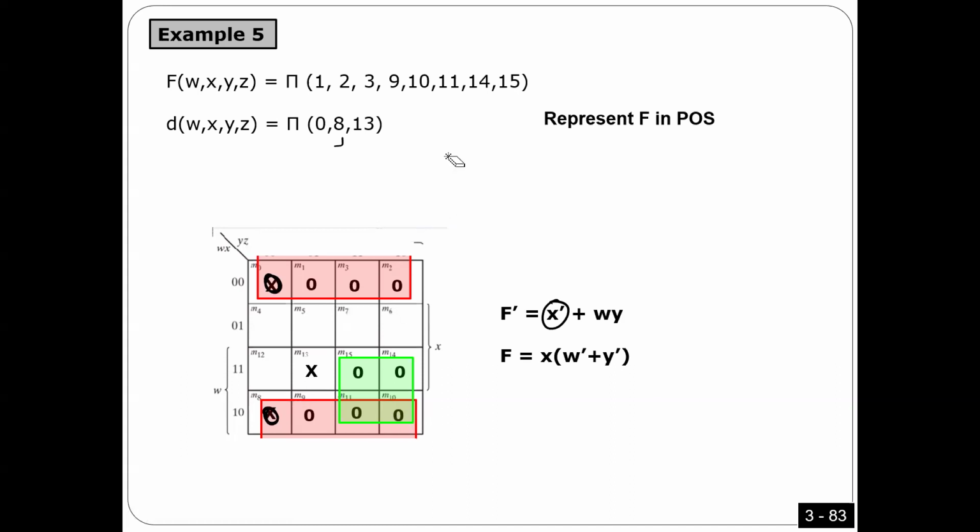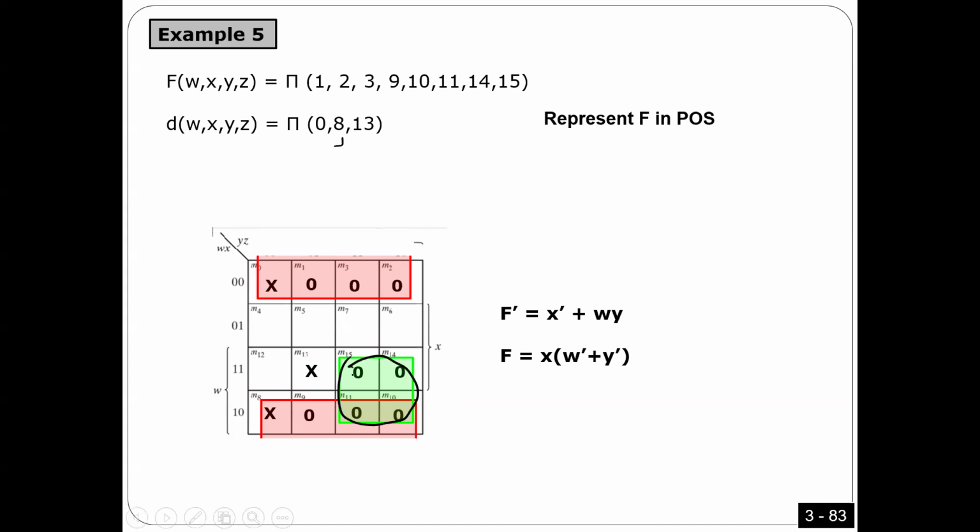Otherwise, if you don't do that, the best option would be to make a group of 2, and then another group of 4, and then another group of 4. Okay, but by taking advantage of don't care, I created only one group, and this group is 8, much better. Anyway, I need to cover all zeros, as you know, so I can take these four